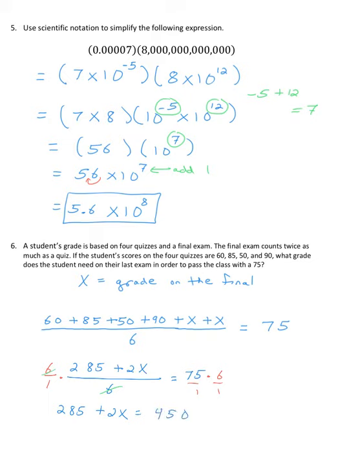I don't need my denominators of 1. I will now subtract 285 from both sides. That gives me 2x is equal to, and if we take 450 and subtract 285, I get 165. I'm running out of room a little bit, so I'll put that over here. 2x is equal to 165. I will now divide both sides by 2 to get my final answer of